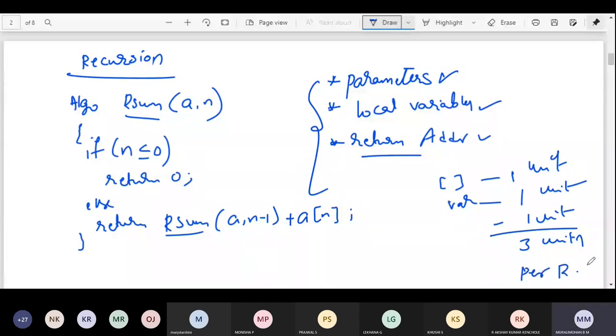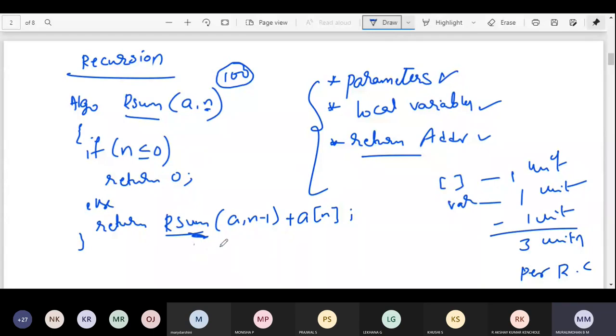How many times will it call this? Suppose n value is 100, then it is calling this 100 times.